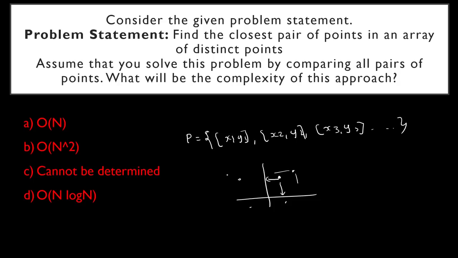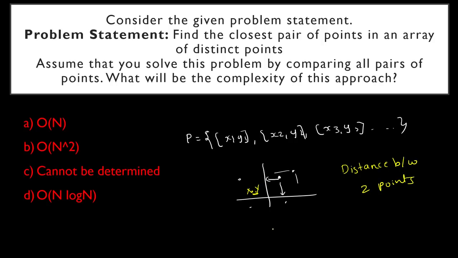So what do you have to find? You have to find the points. Let us suppose these 2 points are very close to each other. Let us suppose this is point x, this is point y. These two are very close to each other. You have to find which is the closest pair. So how do you do that? You have to find the distance between these 2 points. How do you find the distance between each 2 points?